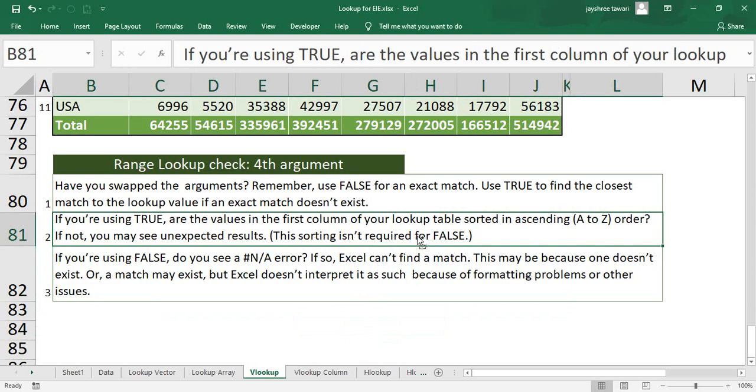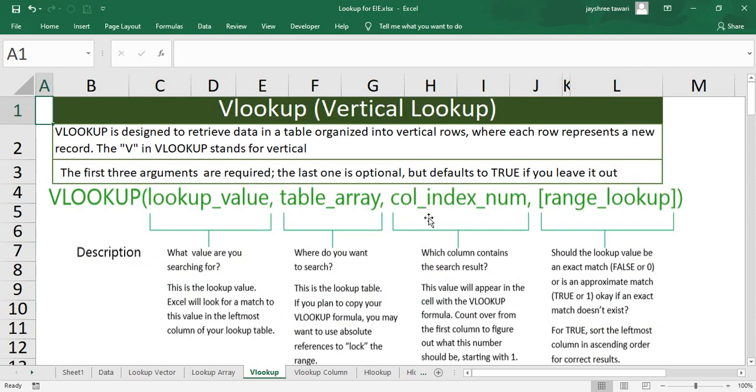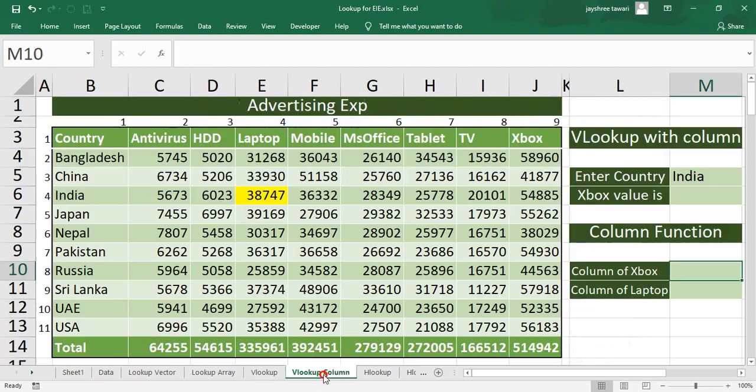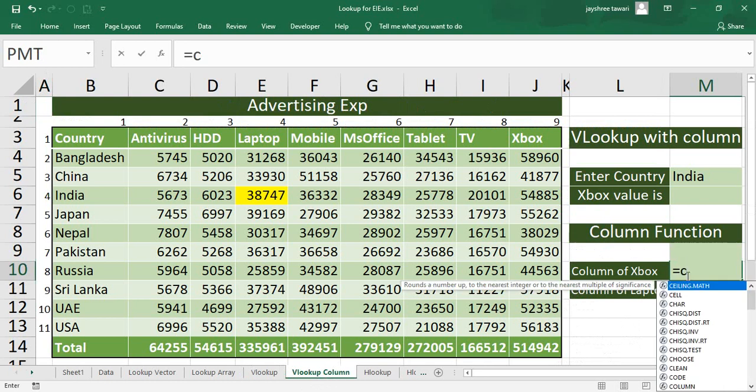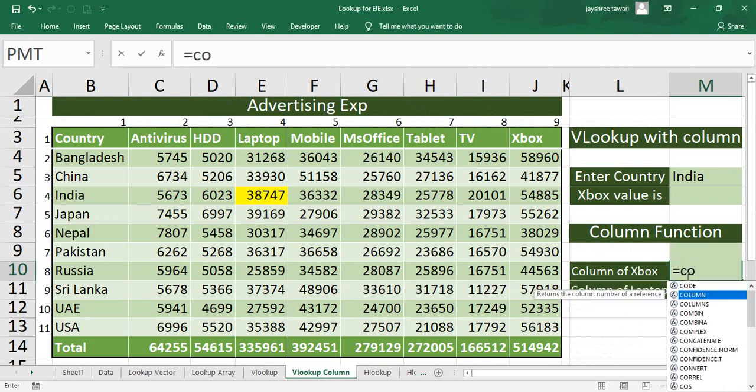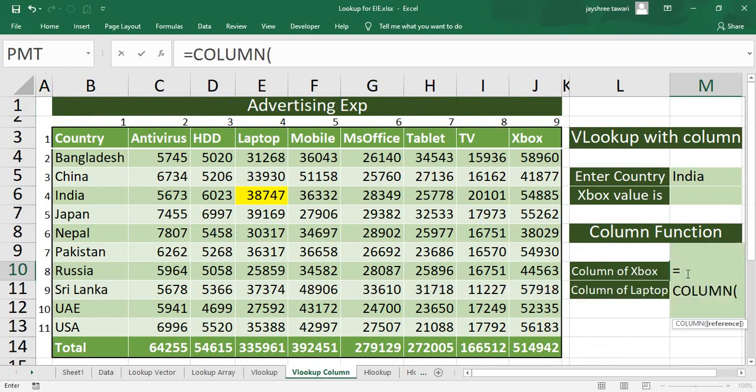Now for now, one simple solution for you is, since it is not possible every time to check what is the column number, you can go with one simple trick option over here. So I am working with a new function over here, that is the column function. First I will show you the simple way of working. I am writing over here equals column. After writing column, I can just give any cell reference. So if I am giving a cell reference of X box, my Excel will show me the column number.